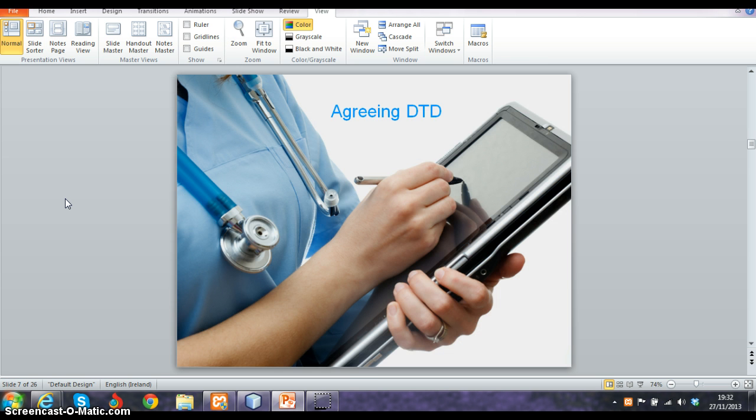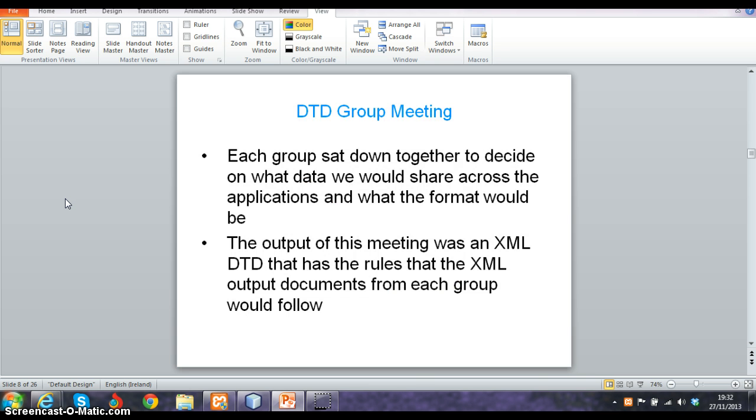So, agreeing the DTD. We had a group meeting three weeks ago, on the 6th of November. Each group sat down and decided what data we should share across the applications and what format it would be. So we discussed the tags and how they would be named so everybody could understand it at a later date, and what was expected in the tags. Out of this meeting came an XML DTD, the rules that the XML output documents from each group would